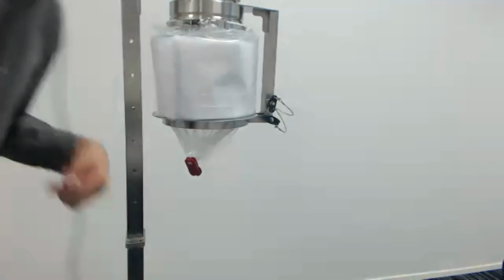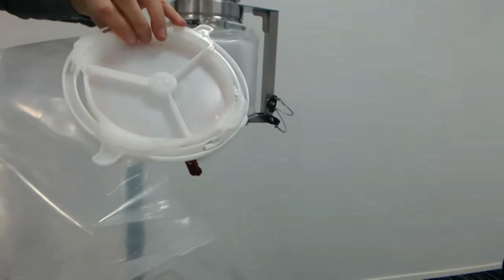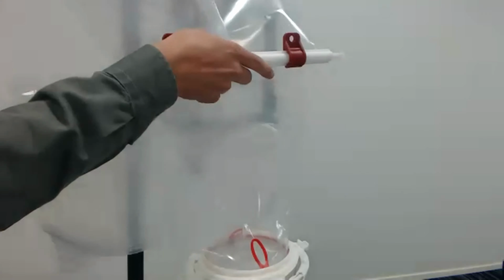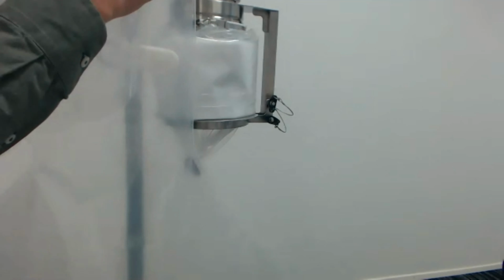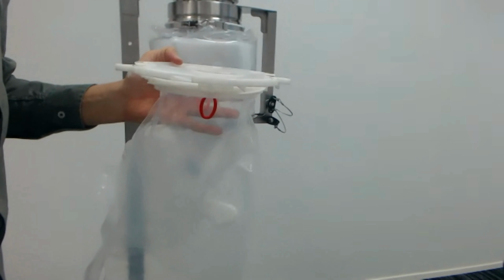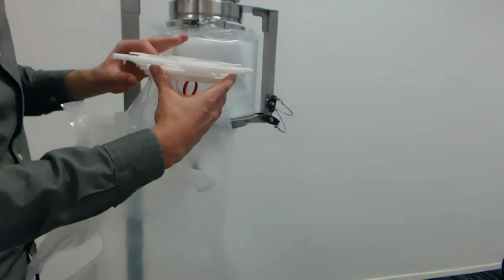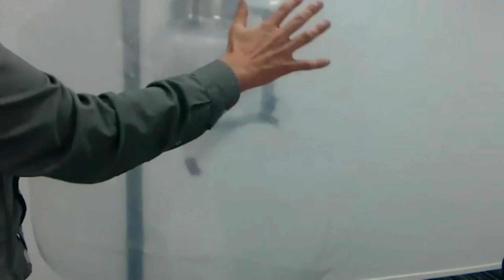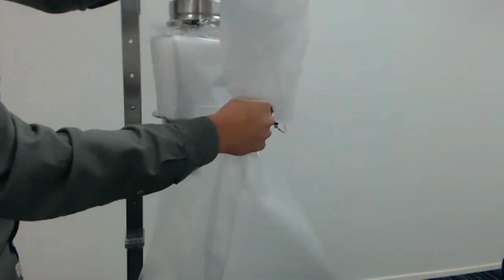But when I have to connect several bags on the same port without opening the system, then we use a safe port transfer bag. And that's how it looks. The white flange is the safe port connection, and on the bottom the next white flange is as well a safe port connection. So the operator docks the safe port flange on the outlet. The product goes down in the area of the bag, and then he uses the safe seal system here to